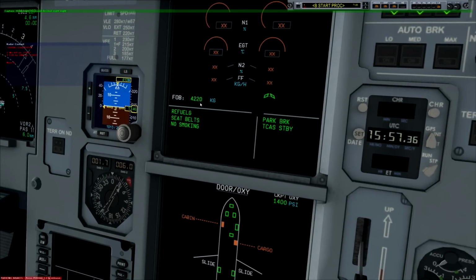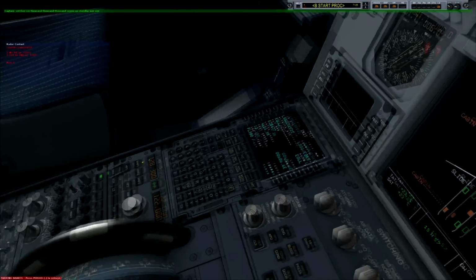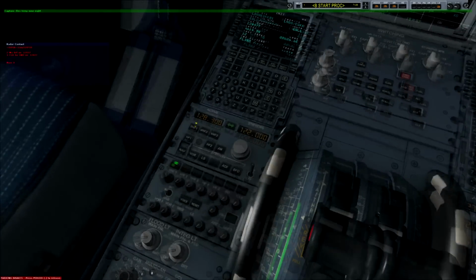You can see the fuel on board number there is counting up: 4,240 kilograms, 260 kilograms, and so on and so on. You can actually see a display down here now as well saying refueling, which we never had before in Aerosoft's Airbus. So things like that are very different. We also actually have down here, well, we always did have it in the Airbus, but now it works,